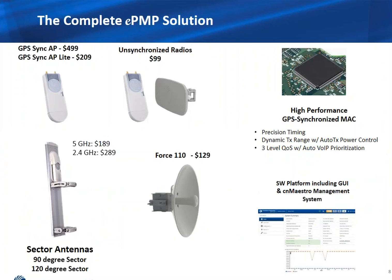The ePMP portfolio is a complete solution that allows you to deploy either point-to-point or point-to-multipoint configurations. We have a variety of radios and antenna options in both the 2.4 gigahertz and the 5 gigahertz band. We have a radio that we call the GPS synchronized AP, and it's available in either the full or the